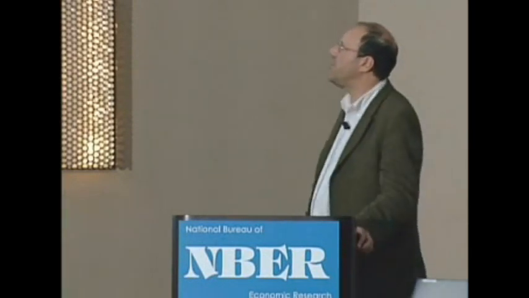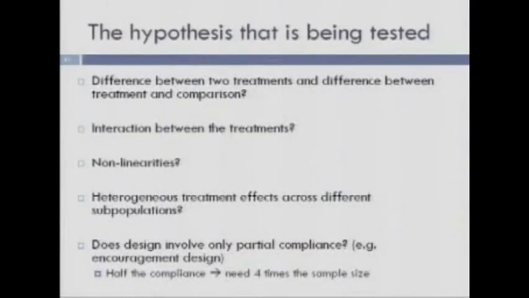Okay. If you're going for hypotheses that are somewhat exotic, it's going to be harder and harder. If you're just trying to get the difference between the treatment and the comparison, that may be easy enough. If you have 2 treatments, and you're trying to pick up the difference between the 2 treatments, is sanitation more important or water treatment more important? You're going to need a really big sample. If you're trying to pick up nonlinearities, that's really tough to do. If you put $10 more into schooling, $20 more in schooling, is it a linear effect? Well, you've got standard error bounds around the 10 and the 20. Rejecting linearity is going to be tough.